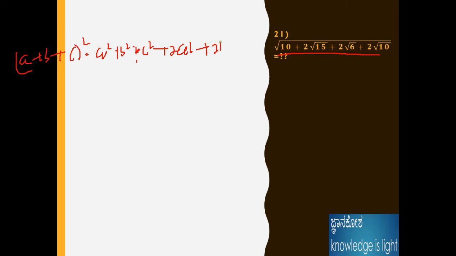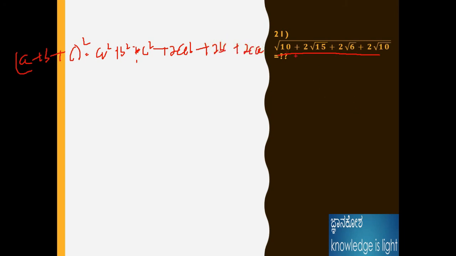Already I told you, this is the format. While seeing the question, we need to think what formula is coming, because we already know the formula: (a plus b plus c) the whole square is equal to a square plus b square plus c square plus 2ab plus 2bc plus 2ca. I am writing with a mouse, that's why sometimes it is difficult for me.